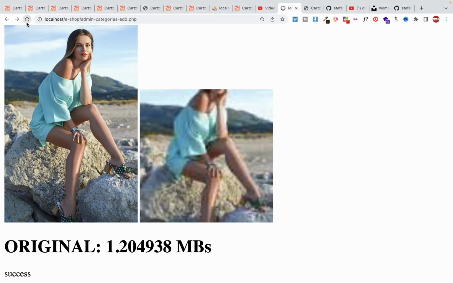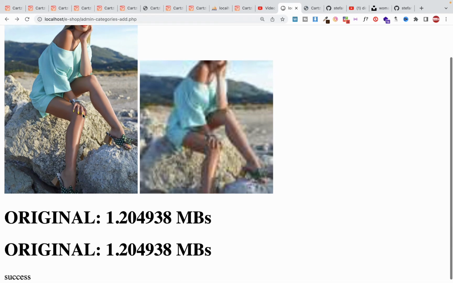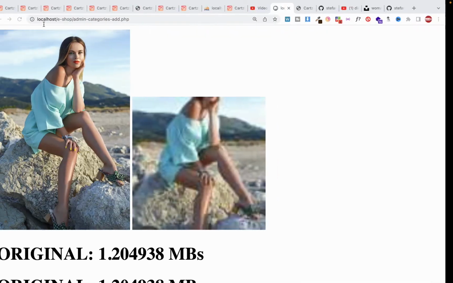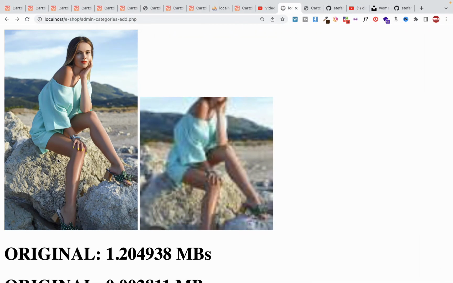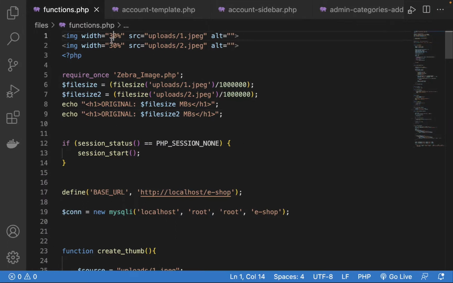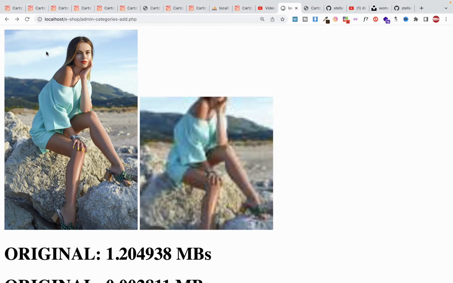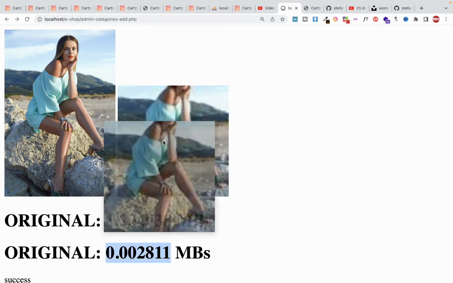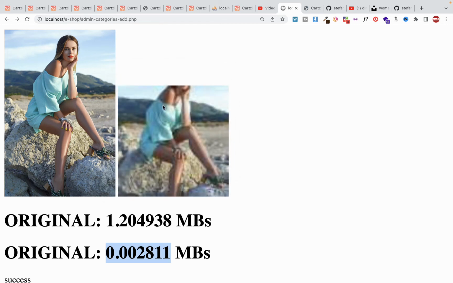So you can see, refresh. Now the first image, let's go ahead and update this one. Let me reduce their sizes. Maybe I can make it 2020 so I can see things clearly. So refresh. You can see the first image is 1.2 and the second image is really small, but you can see there's an image here. So if you want very small images that you'll just use for thumbnails,